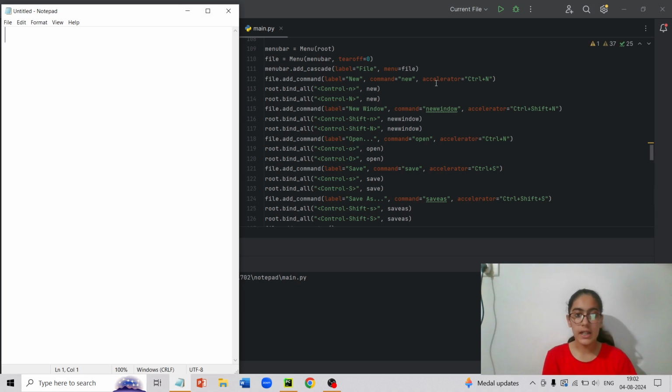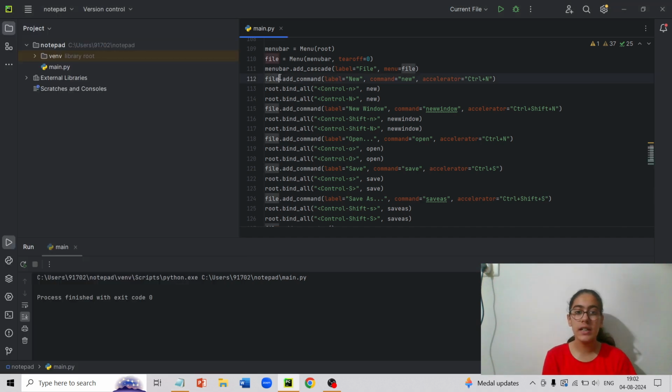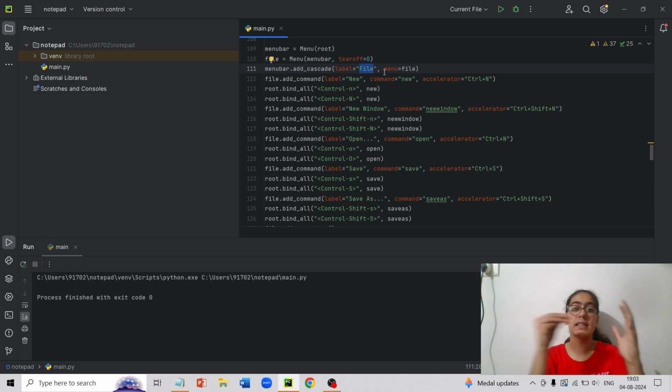So first is file. In file we have added a label new, a label file, and then as you can see add underscore cascade. So I have added a cascade in file so that all these other parts like new window, open, save as, etc. can be cascaded inside file. So imagine we have a bowl and we need to cascade all this stuff inside the bowl.